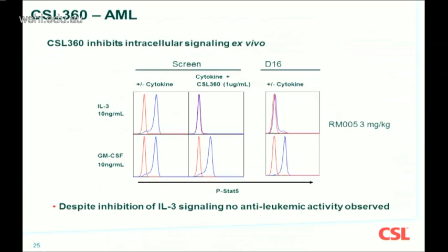So a 2-year clinical study, many millions of dollars. The hypothesis didn't really stand up, but you can see here that this is patient blood where we're looking at screening and then after 16 days. So you can see that looking at this patient's